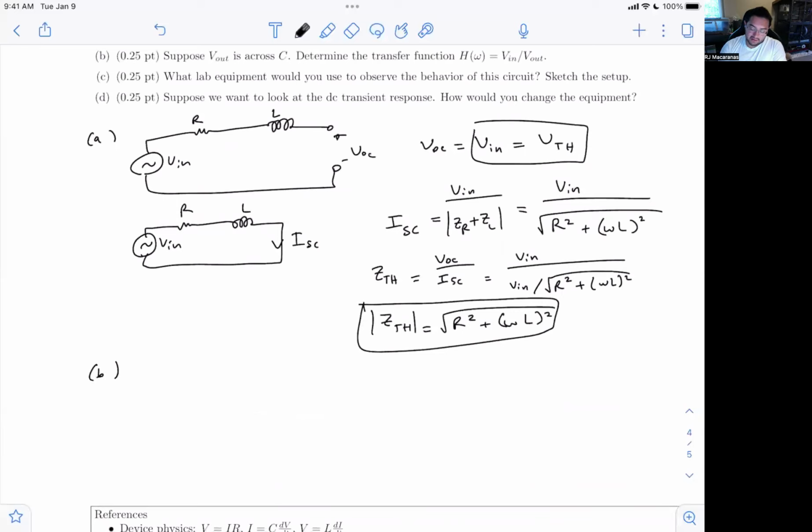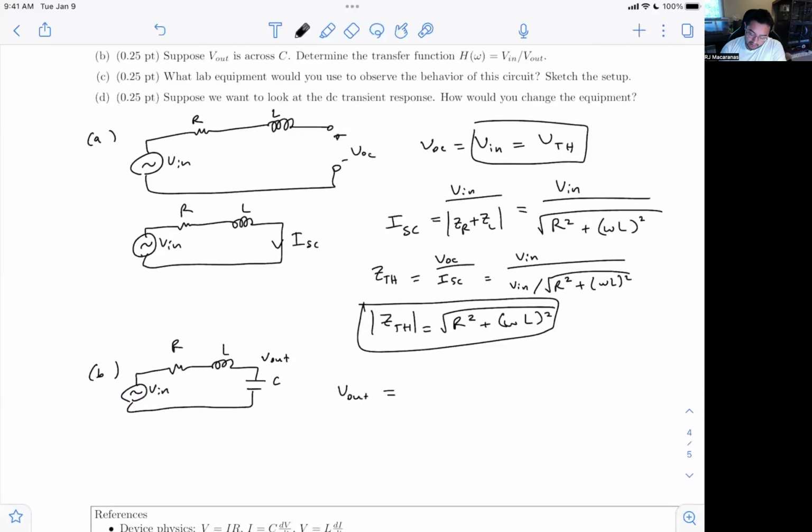We don't lose track of frequency, sorry, we lose track of the complex algebra. All right, so for part B, we're looking at V out. Supposing that V out is across C, if I were to just draw that, we're saying that this is V out, this is CLR, V in, and if we just use our voltage divider principle again,